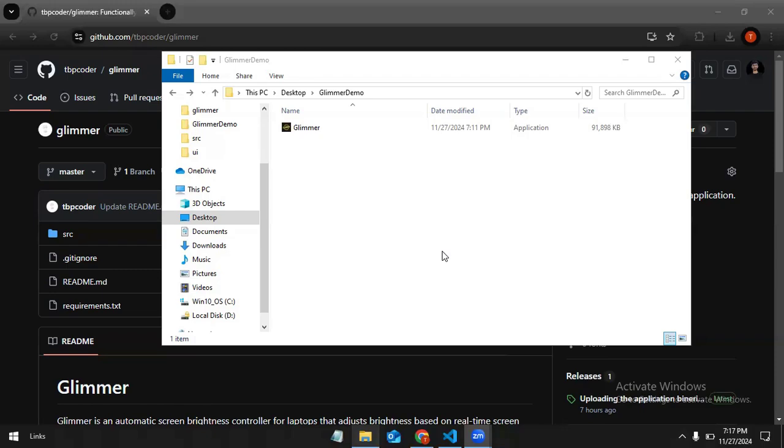For example, if the screen contains a lot of white or bright elements, the brightness will dim to reduce strain. Conversely, if the screen has darker elements, the brightness will increase for better visibility. In this demo, I'll demonstrate how the Glimmer application works, providing you with a clearer understanding of the functionality